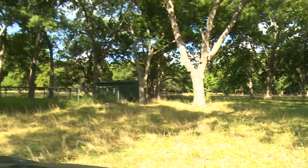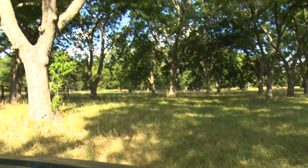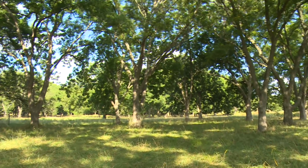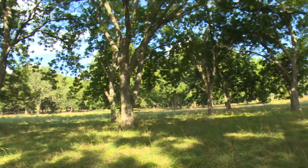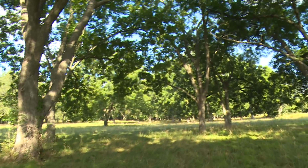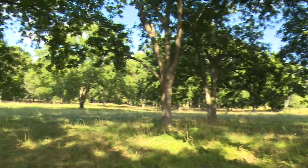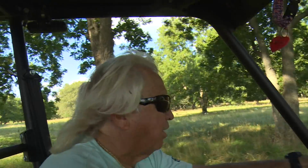Most of these trees have a lot of pecans on them. But this entire grove, all the way back there and then all the way down about a mile to the road there, all of this is going to have to be cleaned up. We picked limbs up in here all throughout the year to try to keep it from being so bad, but there's still a lot of limbs on the ground that'll all have to be picked up, put on trailers, piled up, burned. All of this will have to be brush hogged. A tremendous amount of work to do before we get around to